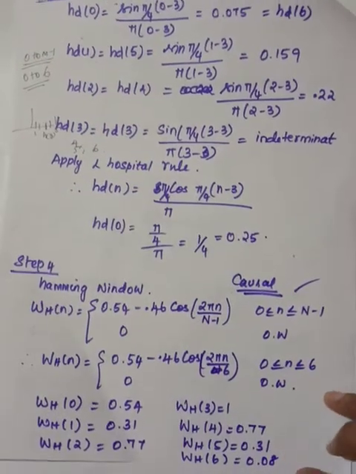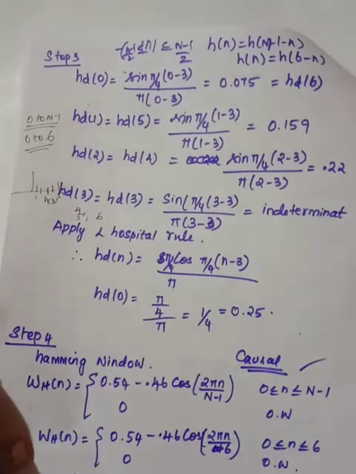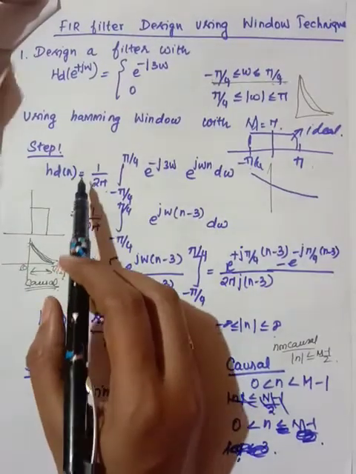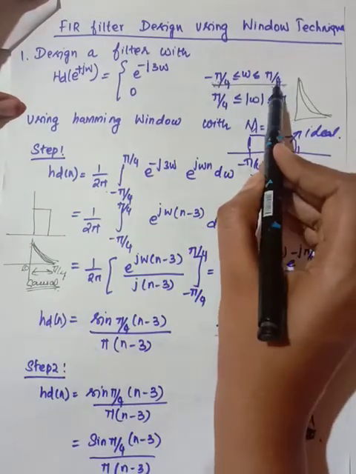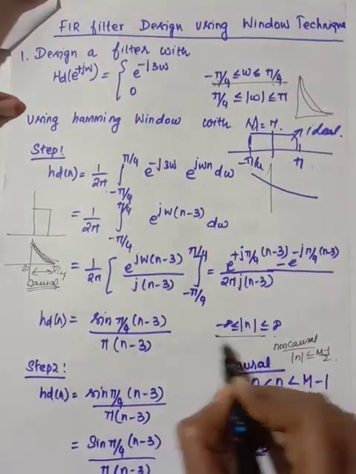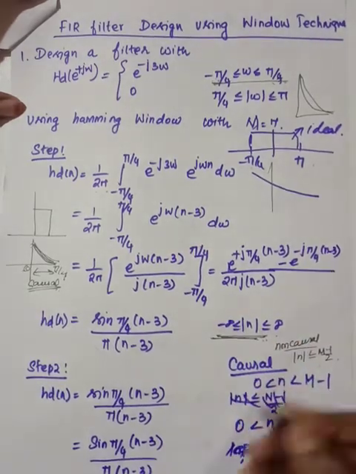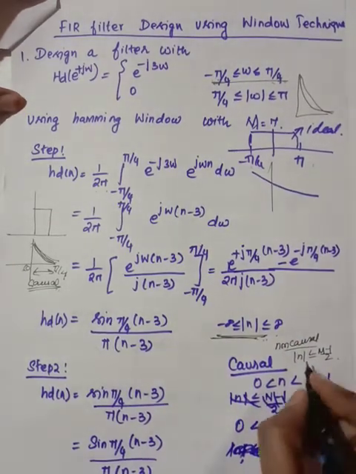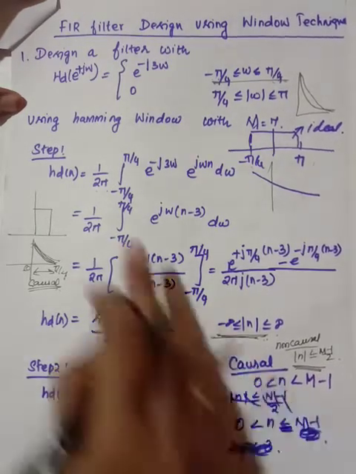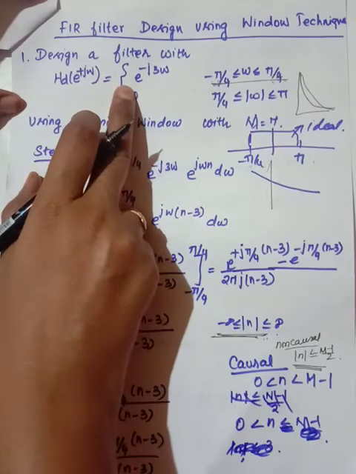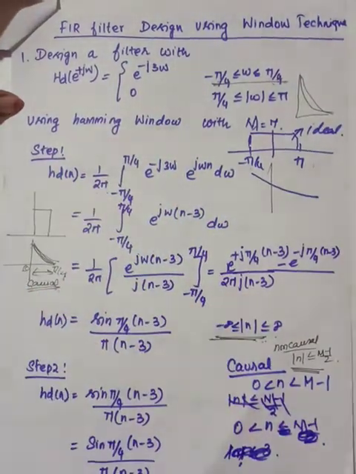Okay, so do you understand now? What is the first thing you need to consider? Once again I will read. While finding this hd of n, you have to consider the negative limit, because we are finding for minus infinity to plus infinity, right? The second step only we will truncate it. So here only we are going to check whether it is a causal or a non-causal sequence depending upon the given exponential term. If it is 1, it will lie on both sides, so it is a non-causal sequence.